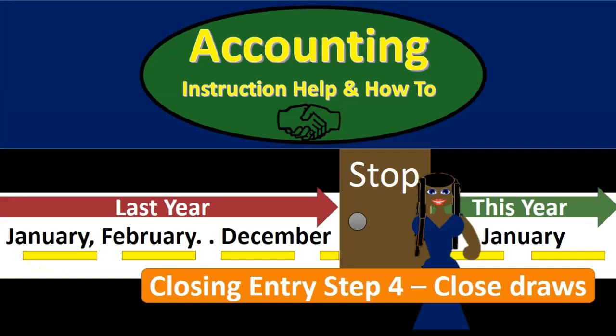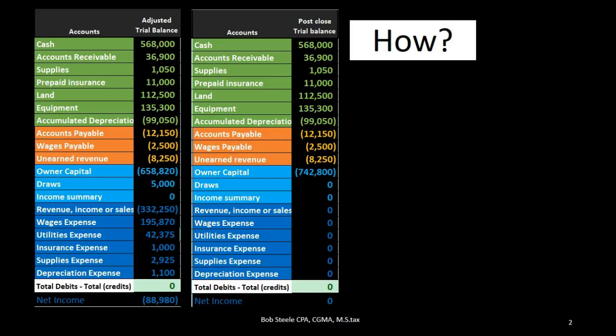Hello, in this lecture we're going to continue on with the closing process with step 4, the final step of the process, which will be to close out the draws. Remember that the objective is to have the adjusted trial balance be converted to the post-closing trial balance. Adjusted trial balance is what we use to create the financial statements, and the difference between the adjusted trial balance